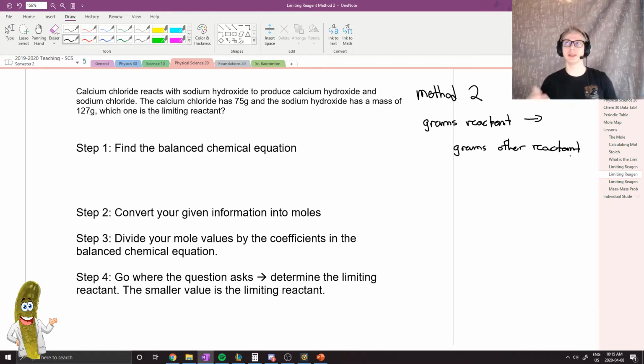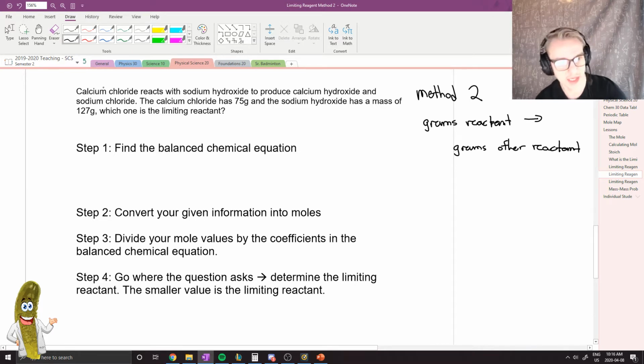It takes one less step than the previous method, but if you do not understand what you're doing, I would highly recommend doing version number 1, because that one's a lot easier to compare and contrast and say, this number of moles is smaller, meaning that one is my limiting reagent. With this method, yes, it requires fewer steps, but it also requires you to have a greater understanding to use those fewer steps effectively. So as with every question ever in chemistry, we're going to start with the balanced chemical